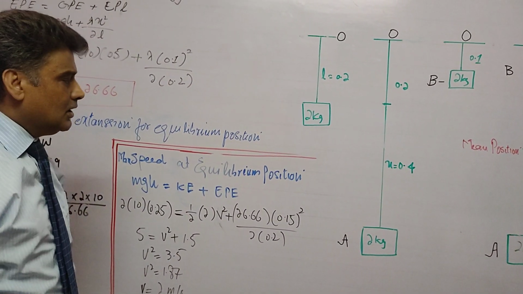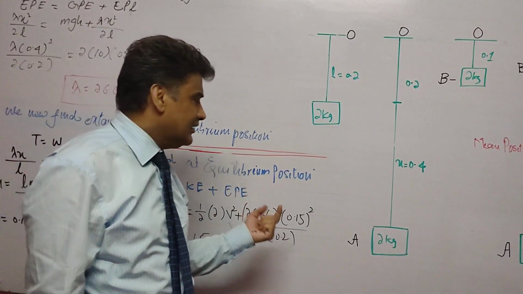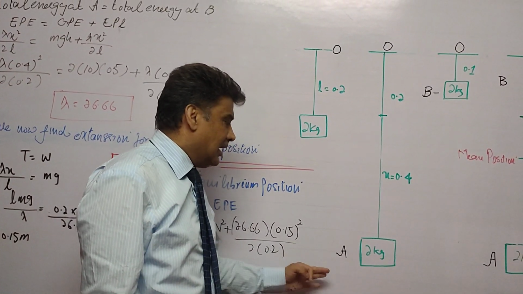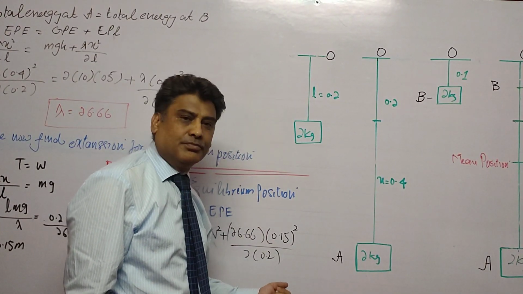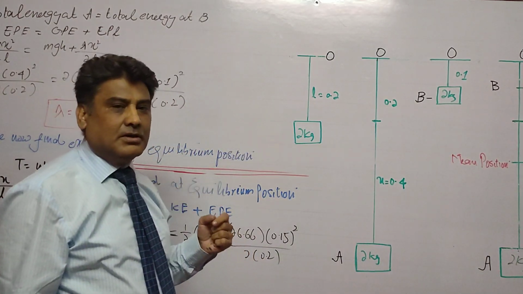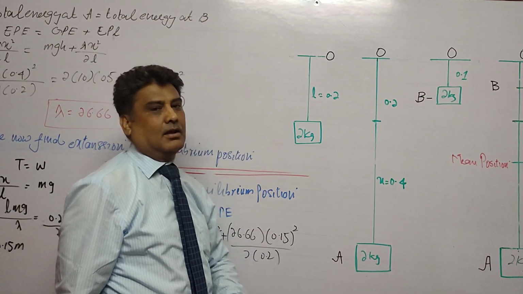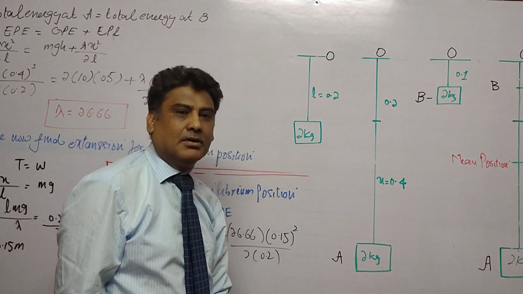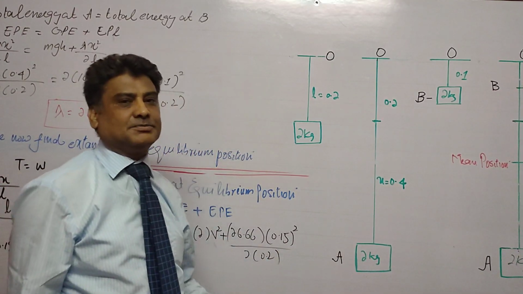We now start from point A. Point A is the reference point, the point from where actual motion starts. When we are talking about the point of reference, the gravitational potential energy of this particle will be equal to 0 at this point, because actual motion has not started at this point. But the elastic potential energy of the particle at this point will be maximum. Why can we say that elastic potential energy will be maximum, but gravitational potential energy will be 0 at this point? We will explain it. Okay?